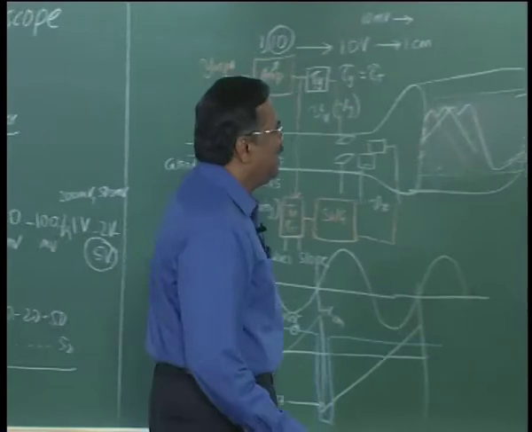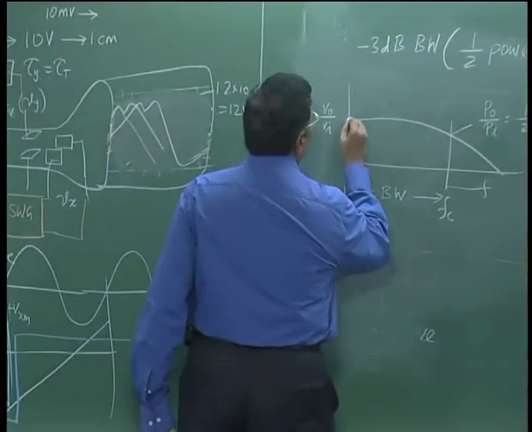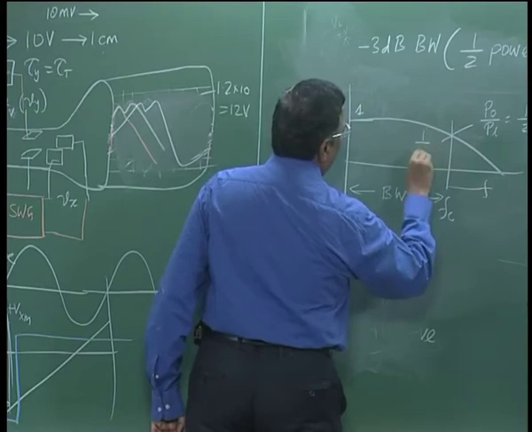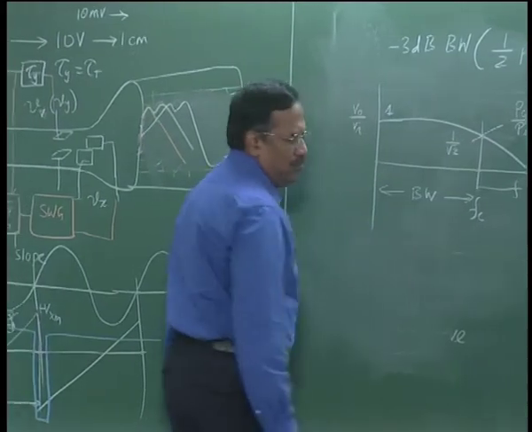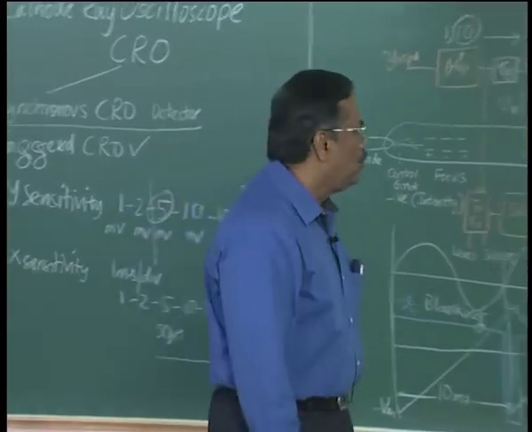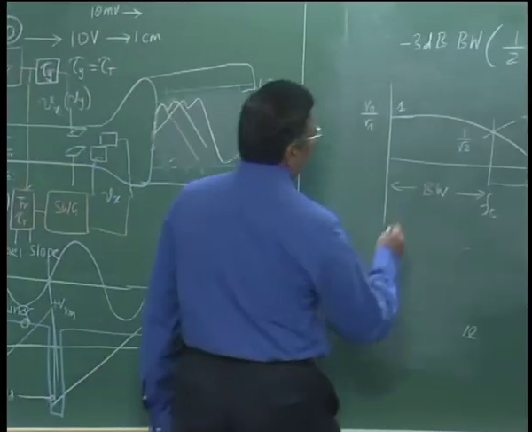So if gain is 1 here, this point is 1 by root 2. At the cutoff frequency the value would be 1 by root 2, which is 0.707,